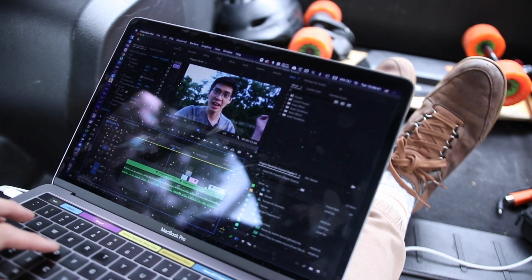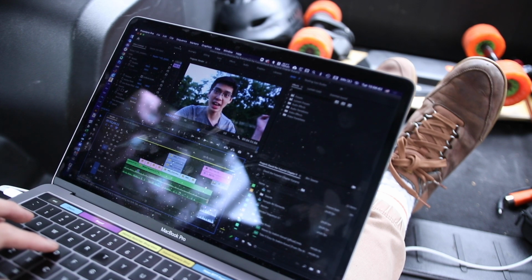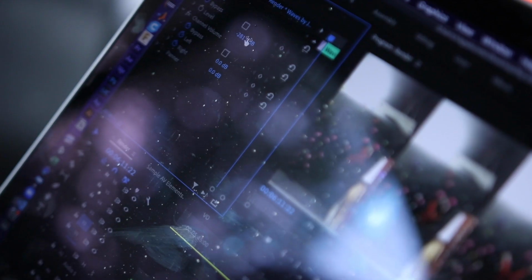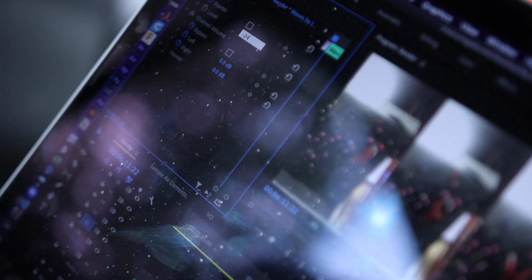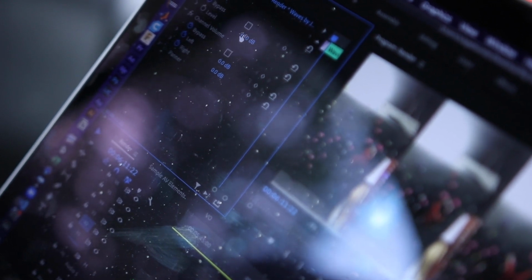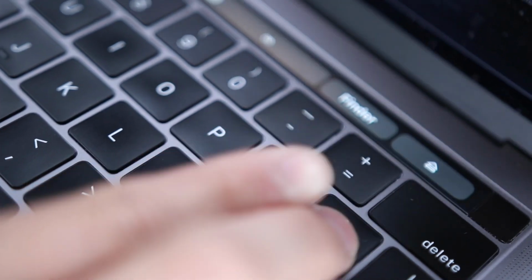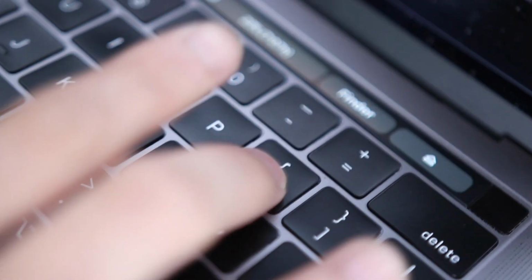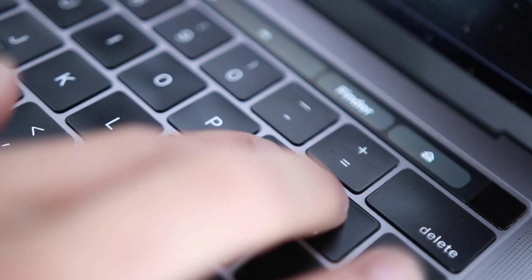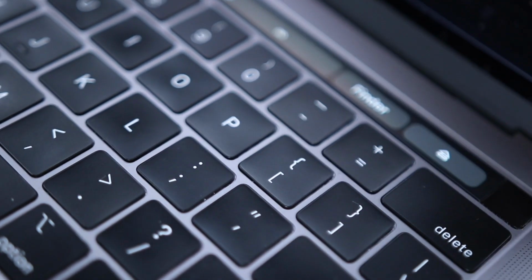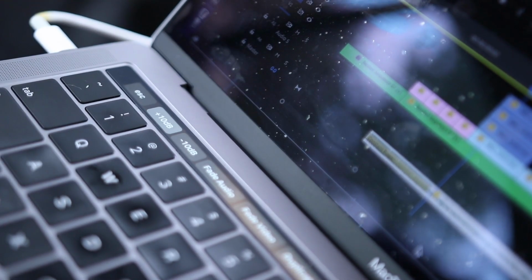So I made my own shortcuts. First off, I deal with audio, video, and music. Being able to balance audio levels is super important, and I'm usually adjusting my music volume by plus or minus 10 decibels each time, which means that my left and right bracket keys are getting hammered when I'm putting together an edit. I'm going to give those keys a break and make a touch bar button that hits those keys